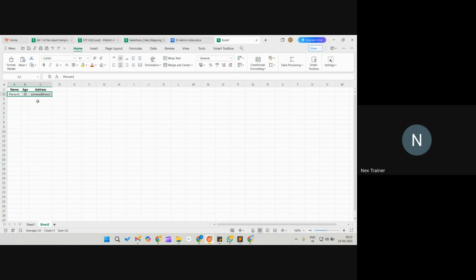Same way we'll be having for person two also, say 35, anything. So now both the records are representing a collection of information, right? So once you have a collection of information,